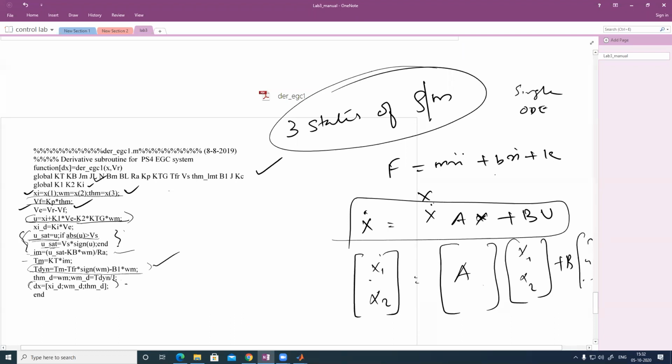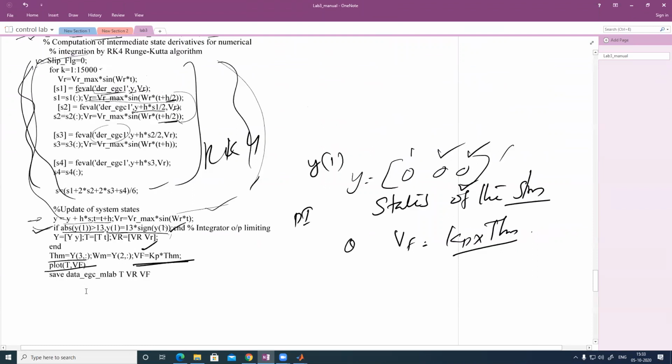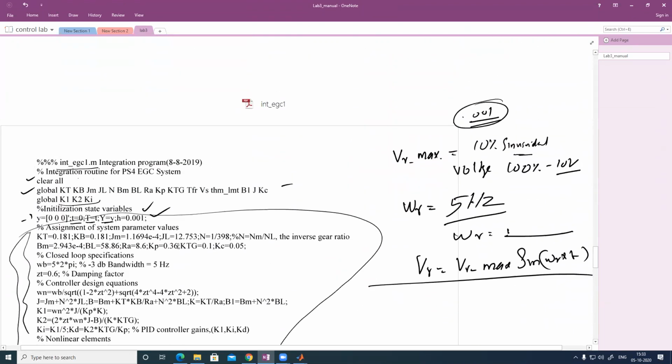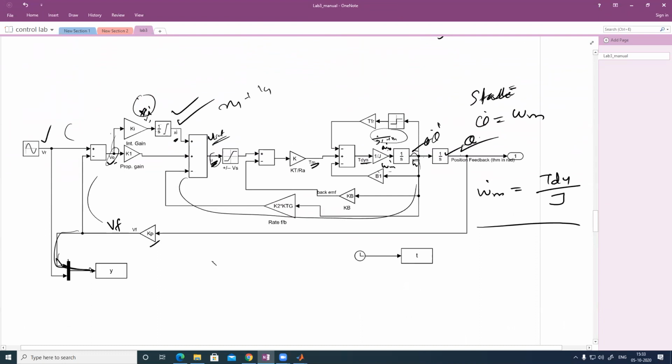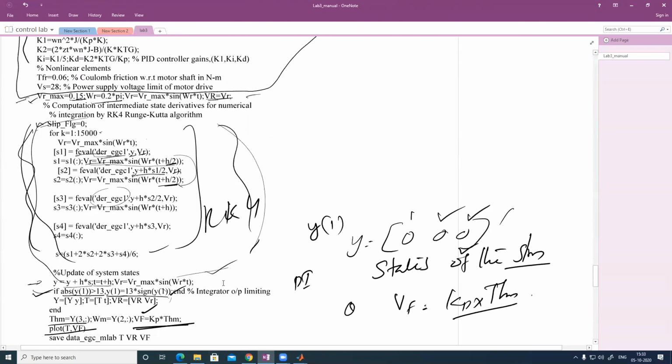State equation conversion is: you have to first convert everything into single integrators. So we converted everything into single integrators, and the integrator output is something. If omega m is the output, then omega m dot is coming in as input. Like that you are incorporating these values here, and you have written a code for that. If you simulate this, then you will get the exact plot that you are getting in your Simulink. That you have to verify. First you have to do that modification, then run this code, and you will get exactly the same result.